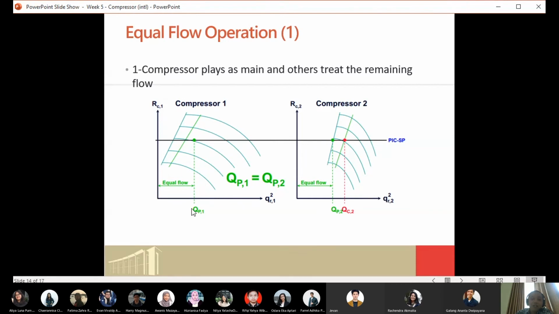Why? For example, in compressor 1, the operating point is located at QP1, at this green dot.